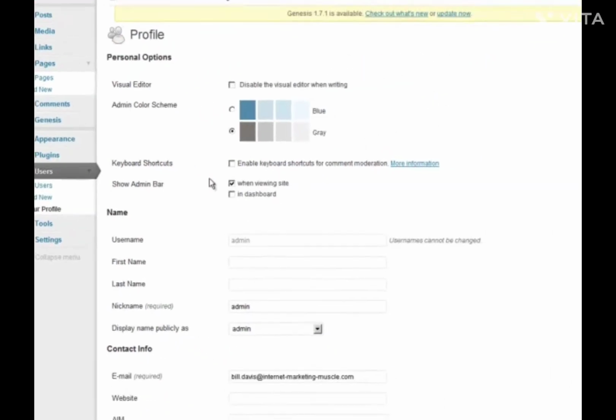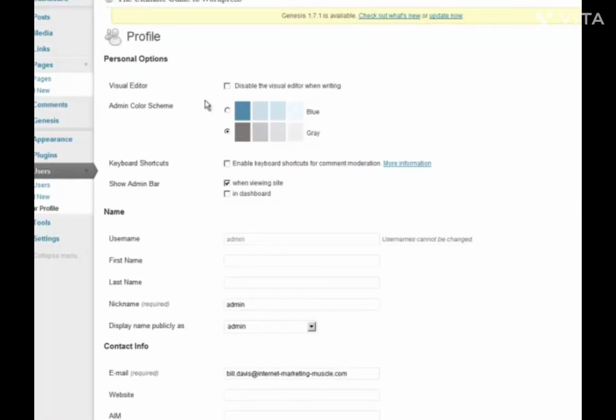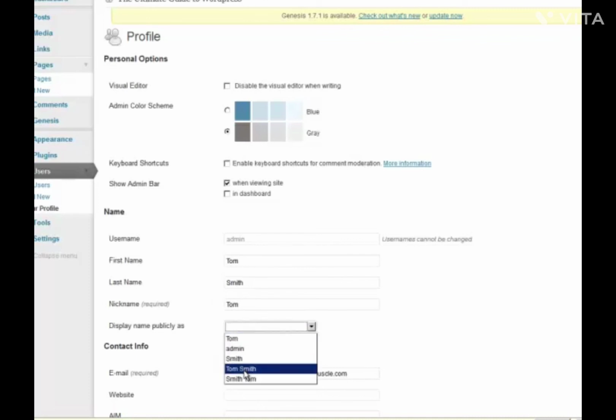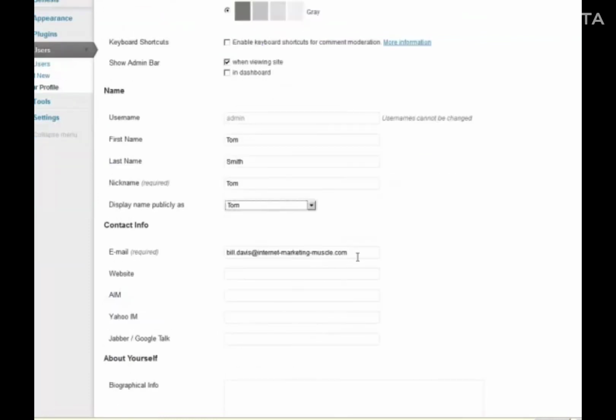So we've shown you all users, add new, and then let's look at your profile, which is going to be my profile in this case. There's a few options here that you can change. There's a visual editor, which you can disable when writing. I never change any of this stuff really. The only thing I might change is I might put my name here, Tom Smith, and then my nickname could be Tom instead of admin, and then I could say show my name as Tom,